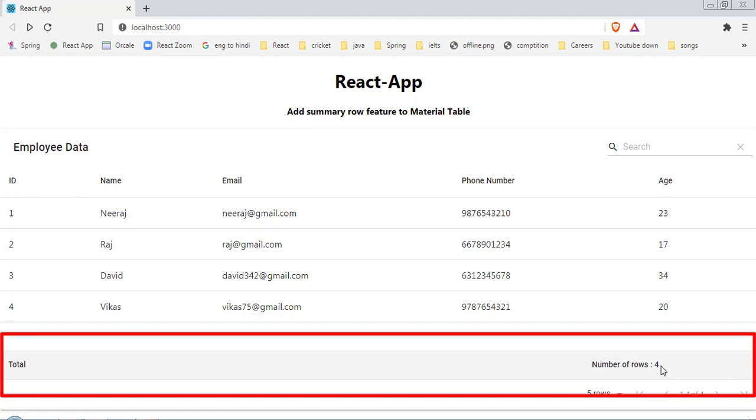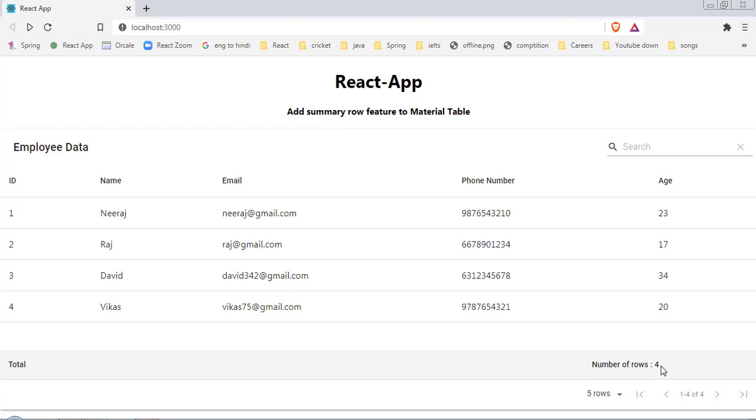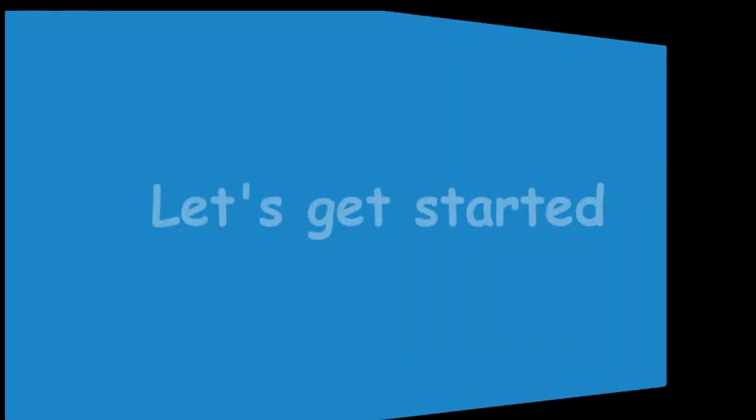And you should know one more thing: this feature is not provided by material table. That means you have to customize some of the components and show your summary row. So let's jump to VS Code and implement this summary row feature in our material table.